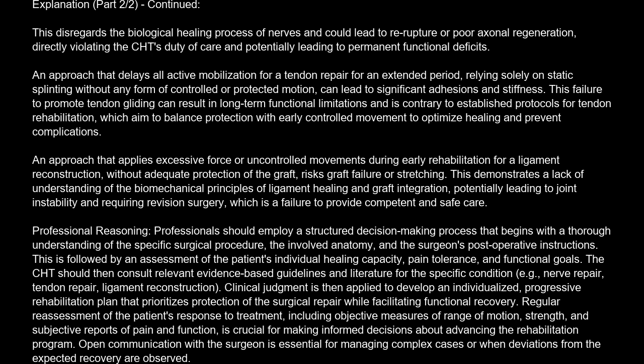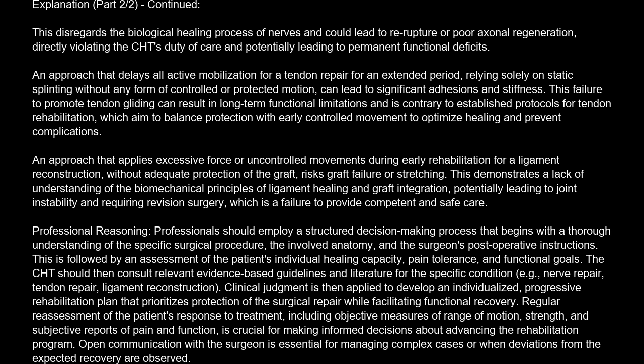Professional reasoning. Professionals should employ a structured decision-making process that begins with a thorough understanding of the specific surgical procedure, the involved anatomy, and the surgeon's post-operative instructions. This is followed by an assessment of the patient's individual healing capacity, pain tolerance, and functional goals. The CHT should then consult relevant evidence-based guidelines and literature for the specific condition, e.g., nerve repair, tendon repair, ligament reconstruction. Clinical judgment is then applied to develop an individualized, progressive rehabilitation plan that prioritizes protection of the surgical repair